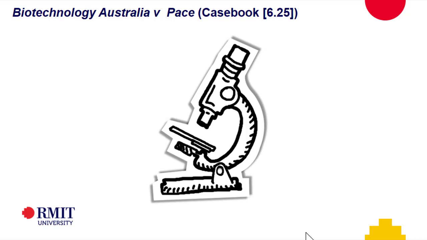But that's basically what Dr. Pace has signed up for. I'm going to come and work for you, Biotechnology Australia. I'm going to get $36,000. You're going to give me a car. I'm going to help you succeed, and I'm going to participate in the share equity plan. Then it turned out it didn't work, and so he sued them after he left for his share of the senior staff equity plan.